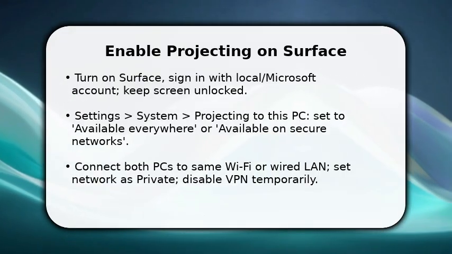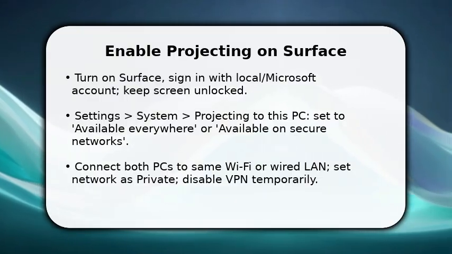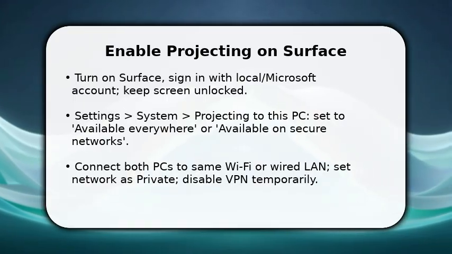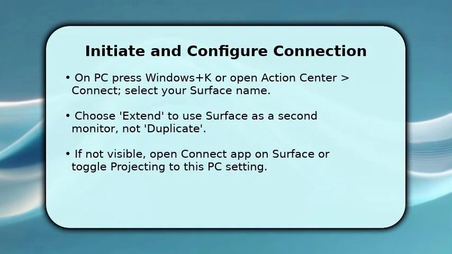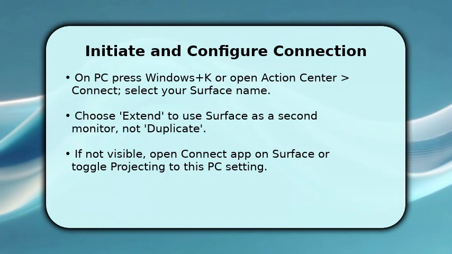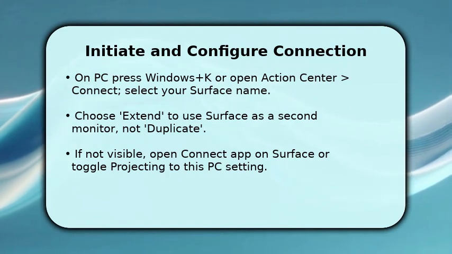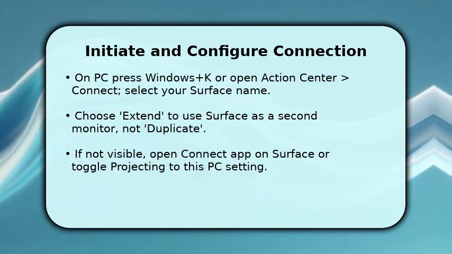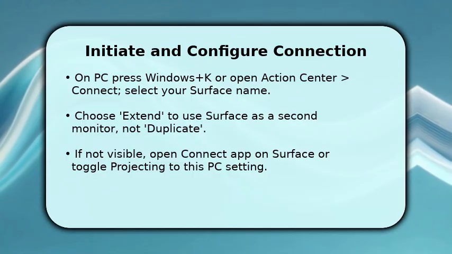Now move to your main PC and prepare to initiate a wireless projection using the Connect/Project feature. That begins the actual link between devices. On your main PC, press Windows+K or open the Connect panel to list nearby Miracast receivers. Select the Surface's name. Choose Extend rather than Duplicate so the Surface becomes a second monitor you can drag windows